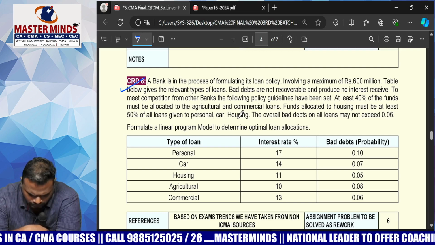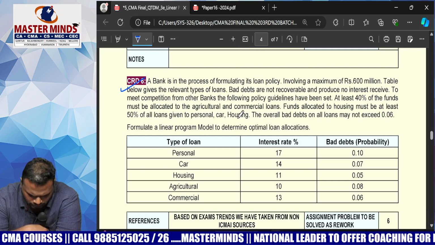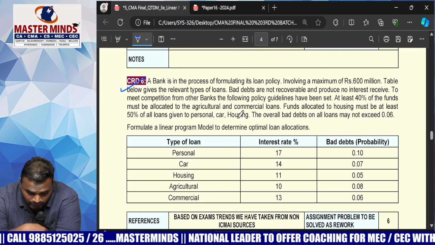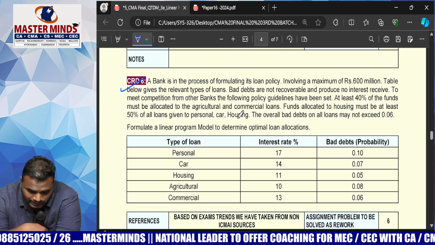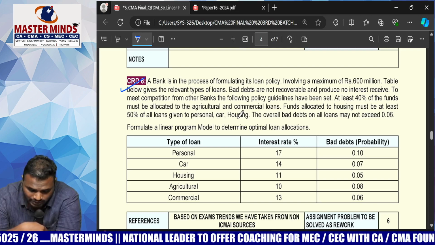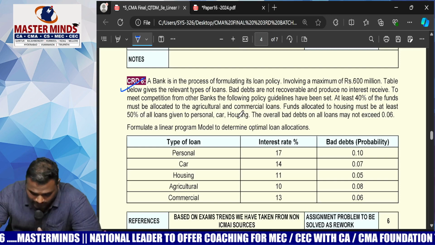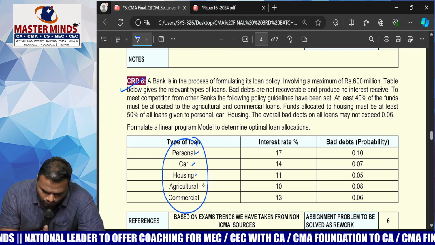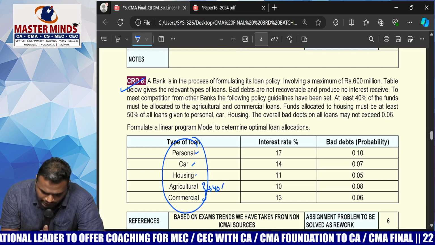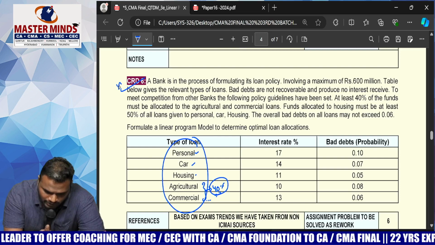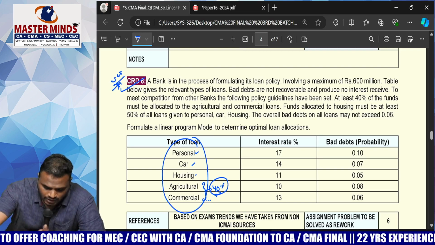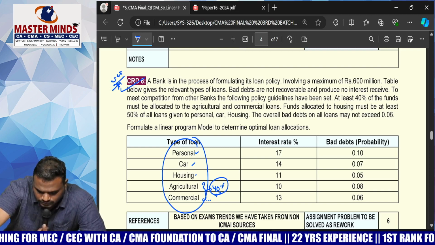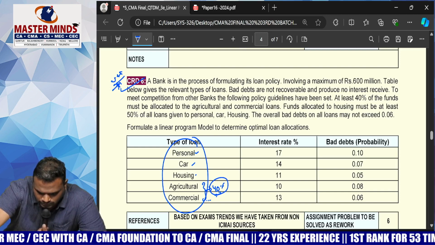At least 40% of the funds must be allocated to agricultural and commercial loans. Here, how many types of loans are there? Personal, car, housing. Among all these, 40% of funds must be allocated to agricultural and commercial. Next, funds allocated to housing must be at least 50% of all loans given to personal, car